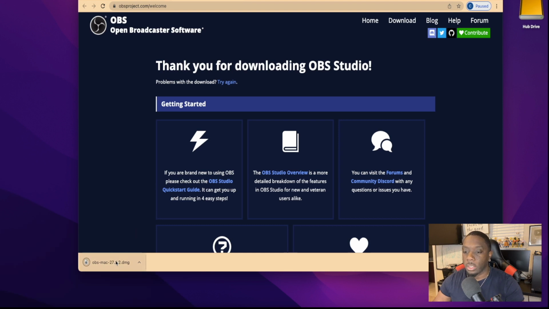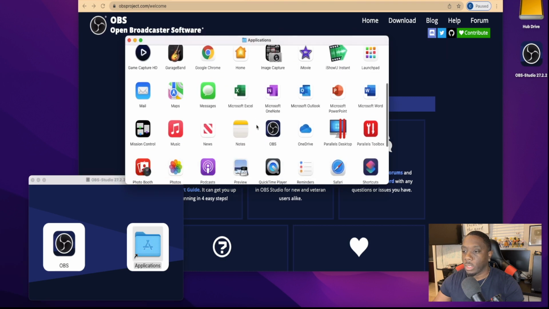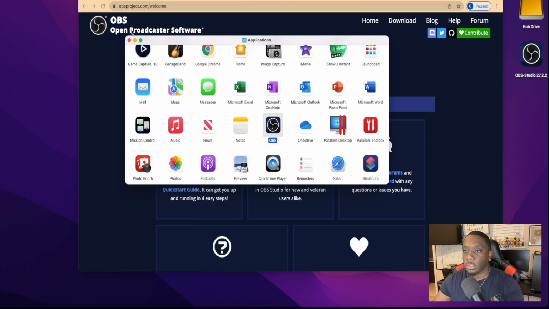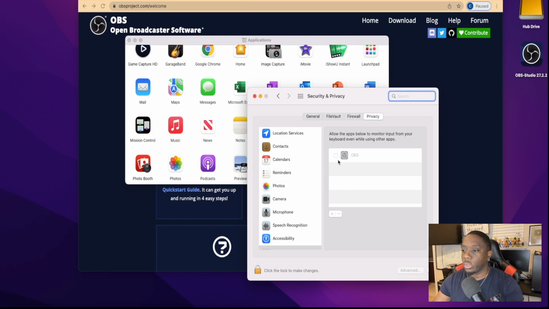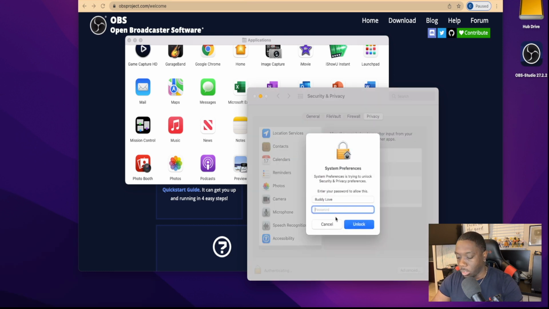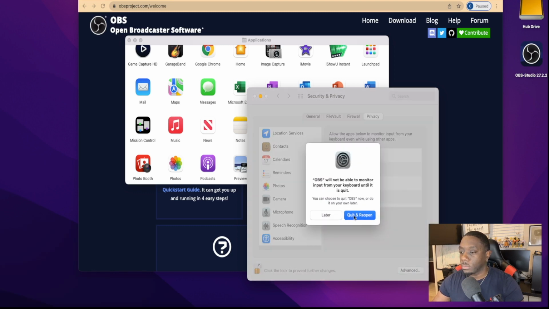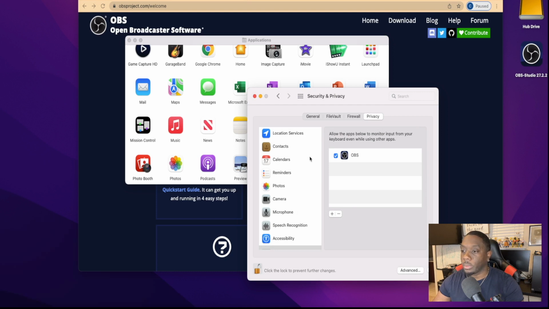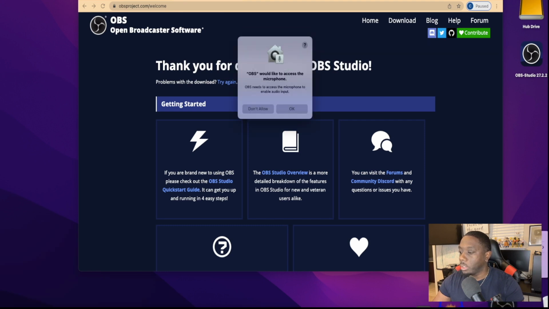All right, now that it's downloaded, go ahead and open that. It's going to give us this right here. Drop it, click on applications. Then we got OBS here. We're going to open that up, close this, open. If you got a Mac, sometimes you got to enable this. So you just click on this gear here. Do the quit and reopen. Lock your gear back. Let's just go ahead and close that out. It'll show up down here.